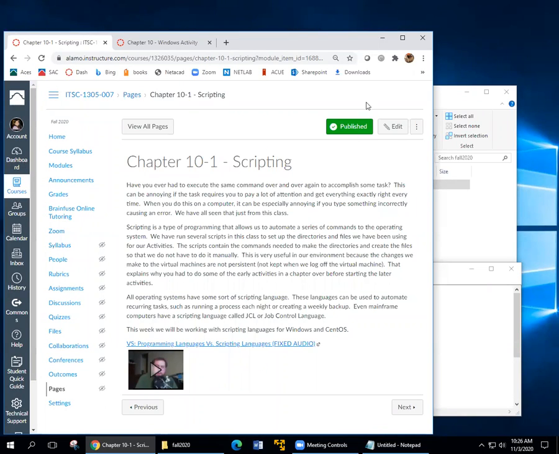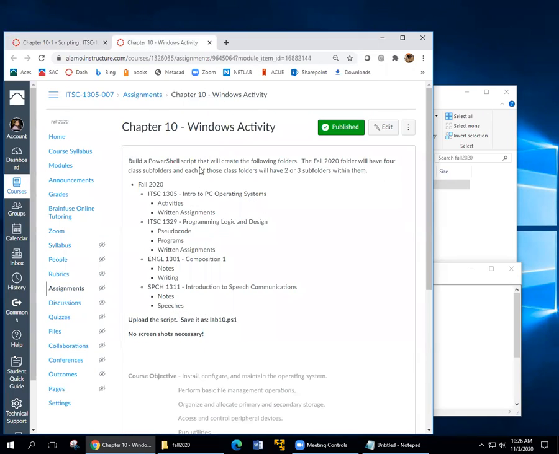Just like earlier, I mentioned this assignment here. We had basically this same thing in assignment 6, where we had to create a folder, folders inside of it, and then folders inside those. But instead of writing every line individually, you can create a script that does these things. And the benefit of doing a script is that you can set it up so it does it automatically without you